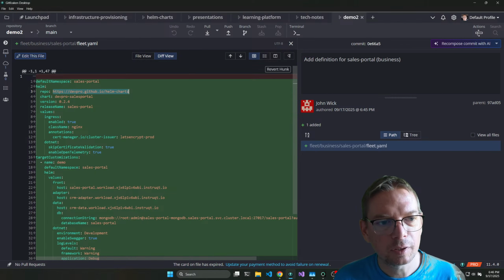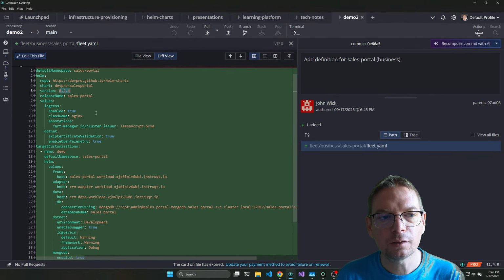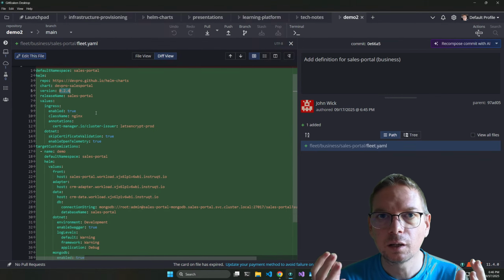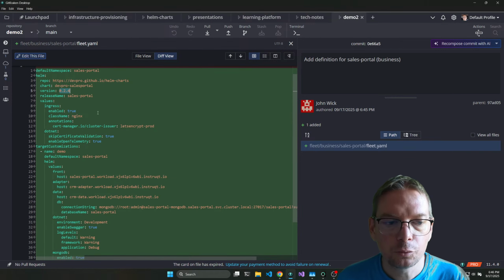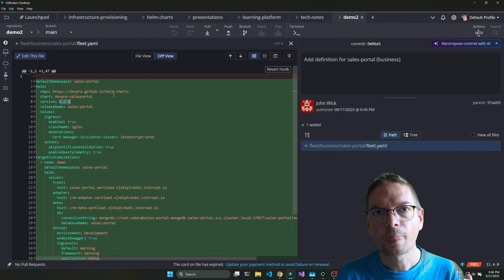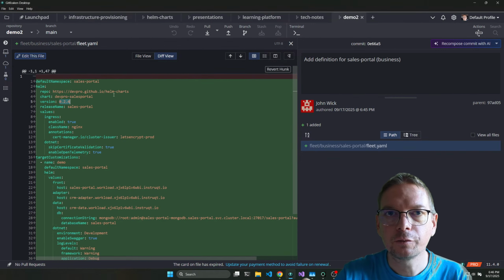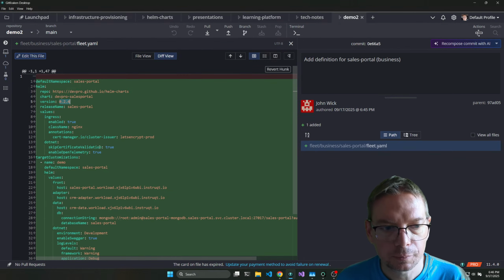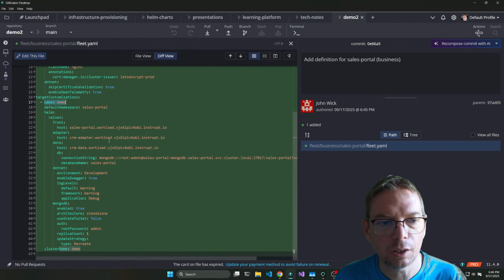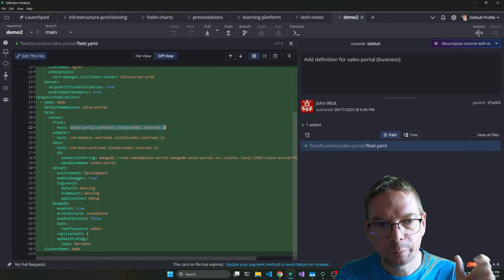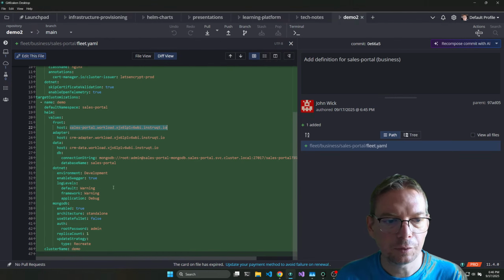I'm using a repository, I'm using a specific version, and here it's what is great, you can customize, and it's also the value of Helm. I do the customization, and it's important, because you are not going to have one environment, you will have multiple environments, and you can see that for my specific environment here, I can specify my URL and everything.